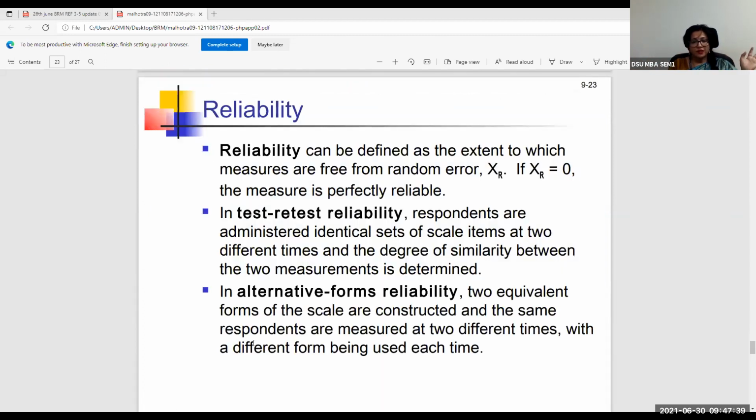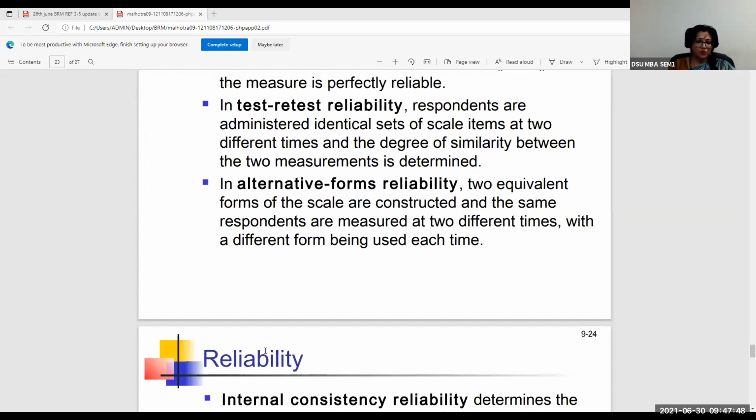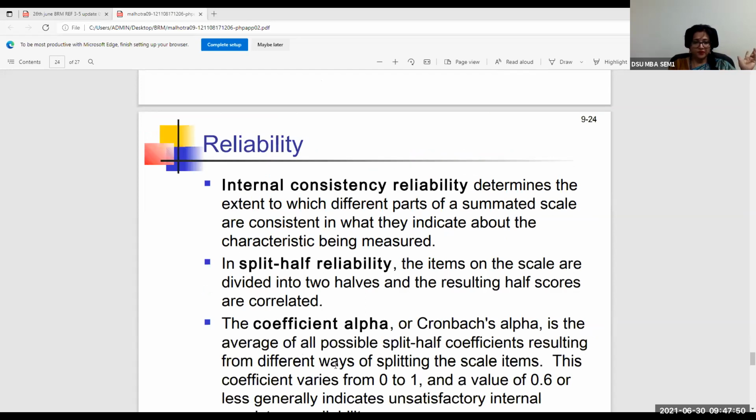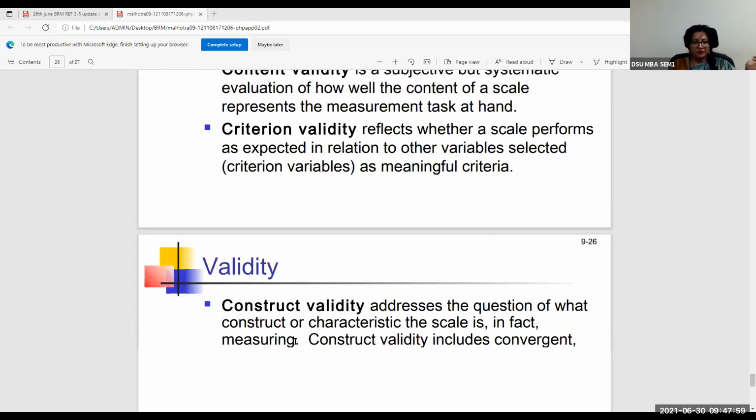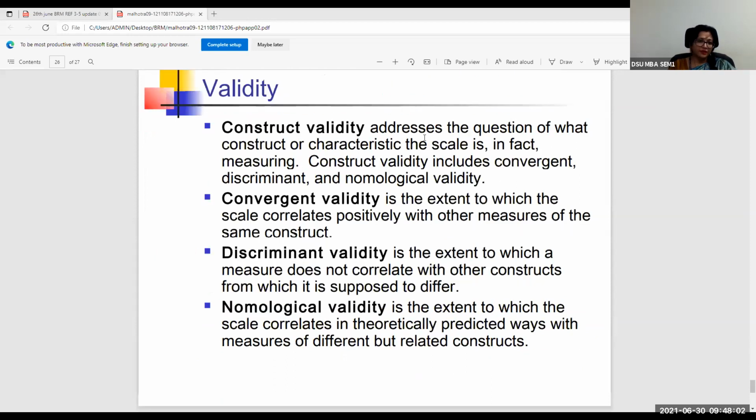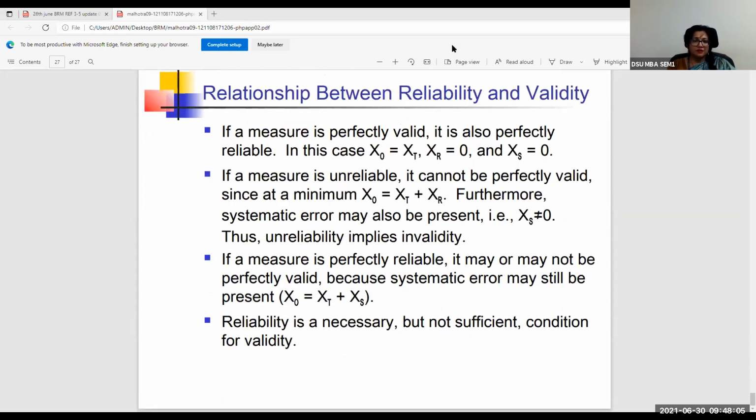All right, so the rest of the content here would be about reliability, retest and all of that, alternative forms. You can go through that, whatever I have discussed. The split half, coefficient alpha, Cronbach's alpha, all of that is given here. Validity of the scale, content and criterion validity, all of that is given here. All right, reliability factors, all of that. So this summarily concludes details about our comparative scaling. All right, so that is to know details about how to use a scale, or what are the things that you should remember in using a scale.